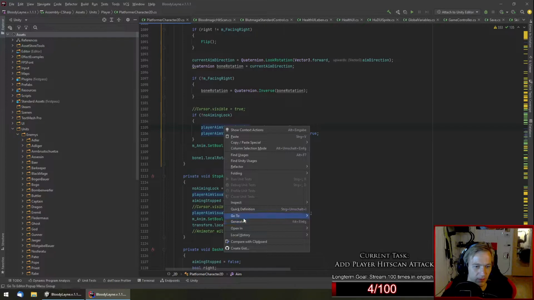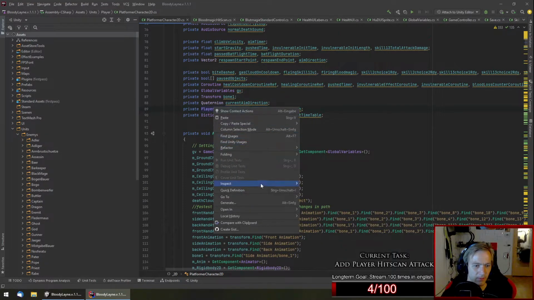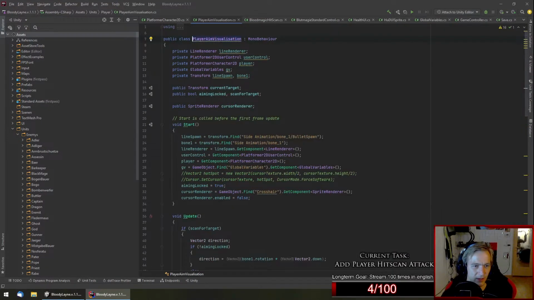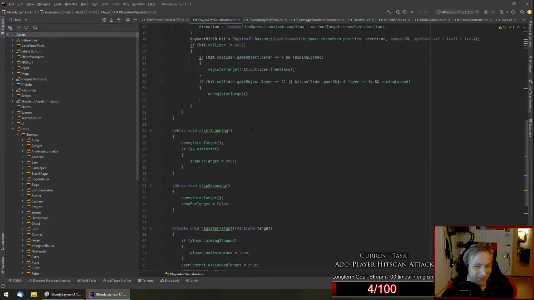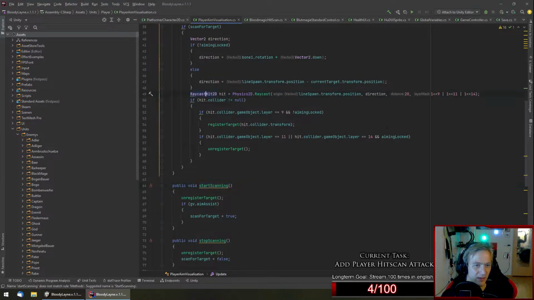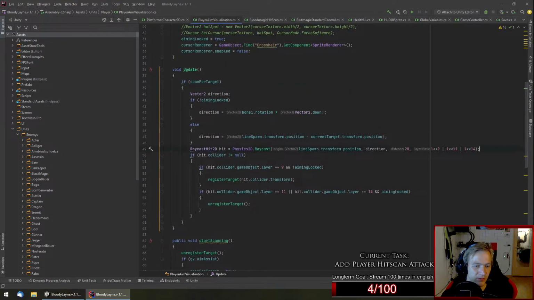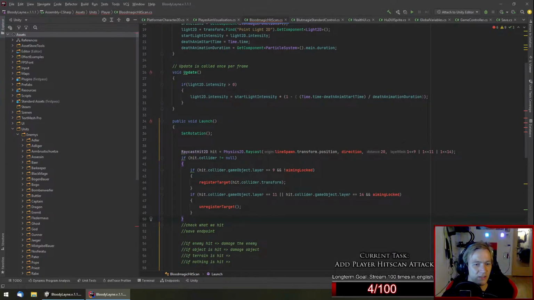Which function do I mean? Get this function in the player game visualization. Yeah, game visualization. The scan. The scan here uses a Raycast. See what we hit. This is exactly what we need. Just copy this code. We don't have to learn again how to do a Raycast. Just copy this code and let's see